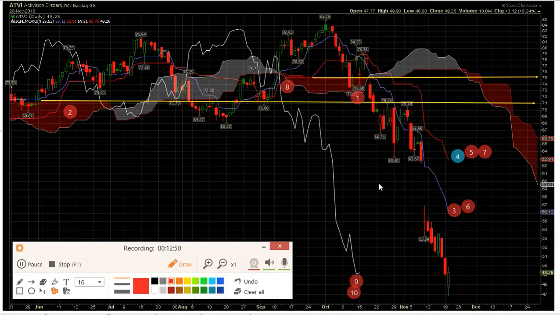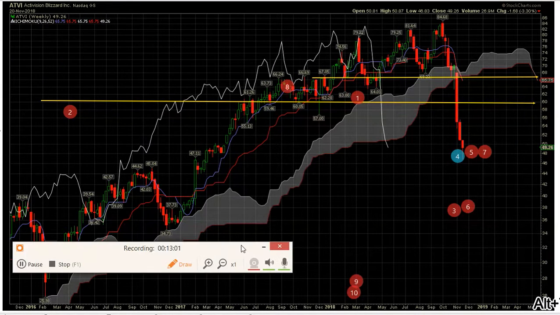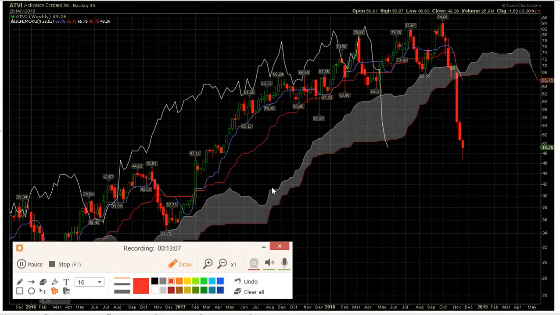But before I sign off on this video, I want to just quickly go to the weekly chart on this one. Now the weekly chart looks different. As you can see here, let's clear this off. Look at what happened. Look at what happened right here. Now let's just make that clear for everyone who's viewing this. At this level here,